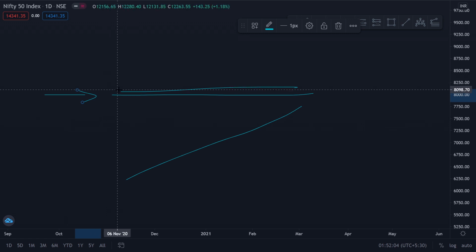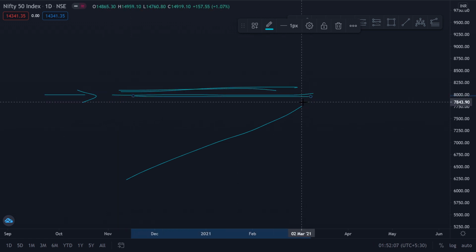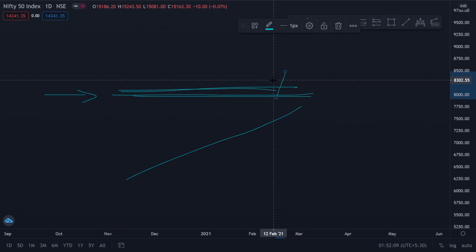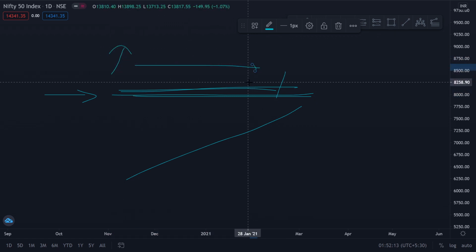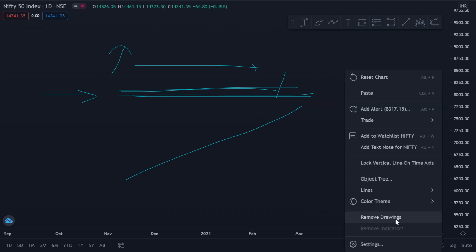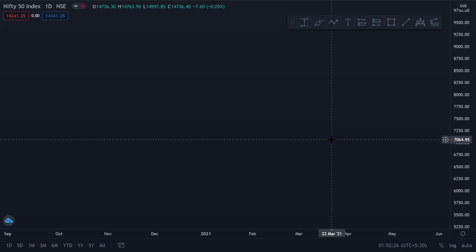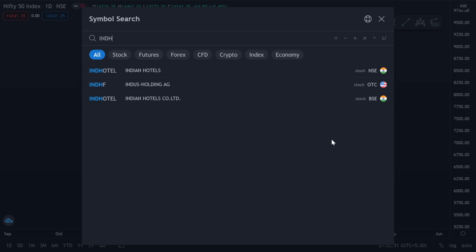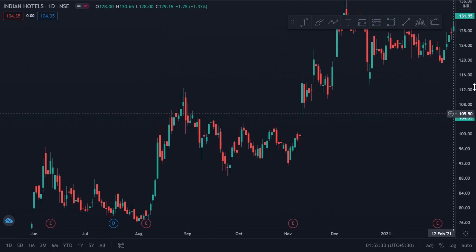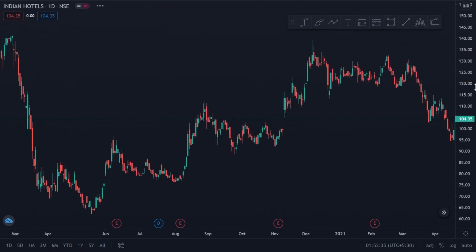So this way, as you have more horizontal levels being formed, when the stock breaks out, there are more number of traders who are entering into the stock and going long. So this will push up the prices higher and increase the probability of a successful breakout. So this is another important application of having a horizontal boundary. Now if I show you an example of this, I can show you in this. Now let me zoom out.